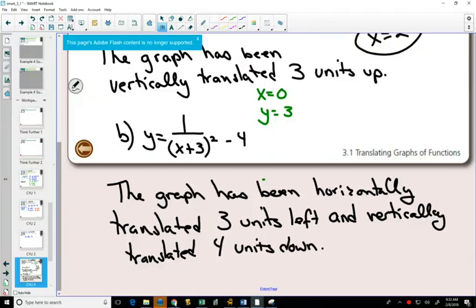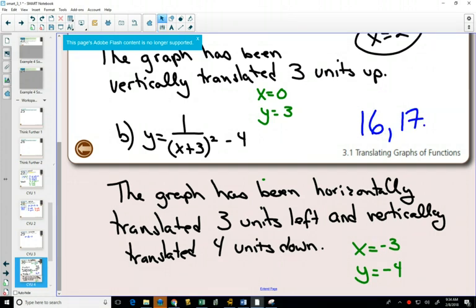4 units down. If we think of our asymptotes, the vertical asymptote at x equals 0, it's going to get moved 3 units left. So it's going to become x equals negative 3. Our original horizontal asymptote at y equals 0, it's only going to get changed when you move things up and down. It's moving down 4. So it's going to become y equals negative 4. Questions for practice on this one are 16